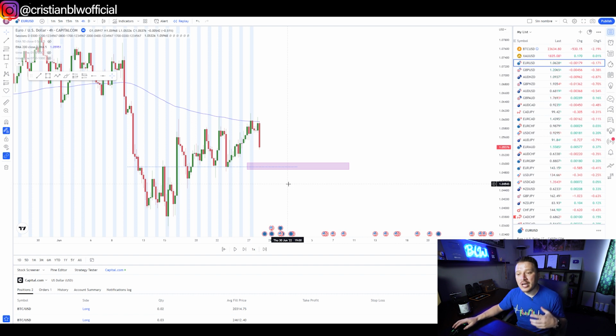especially since we're looking at it in a 4-hour candle. So what we want right here is not a buy position. No, we're looking for the breakout of this area so that we can have an entry point for a sell position. Why? Because it's a downtrend. We're not gonna trade against the trend, okay?